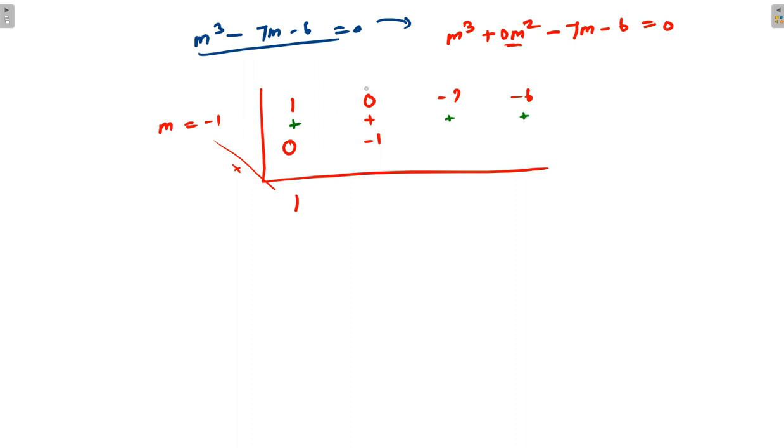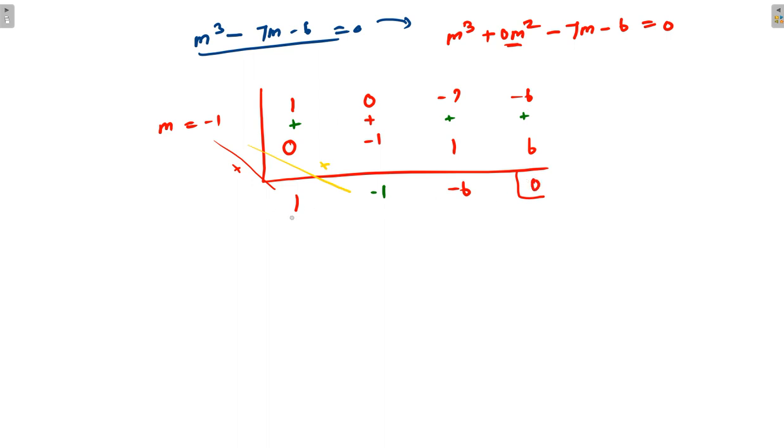So from that you may get minus 1. So now crosswise you have to multiply. If you multiply, you may get 1. So after finding that multiplication, you have to mark that term to the next place. That means 1. There is 1. So now you have to add. So you make it minus 6. So again you have to multiply, you make it 6. So finally their addition is going to be 0.